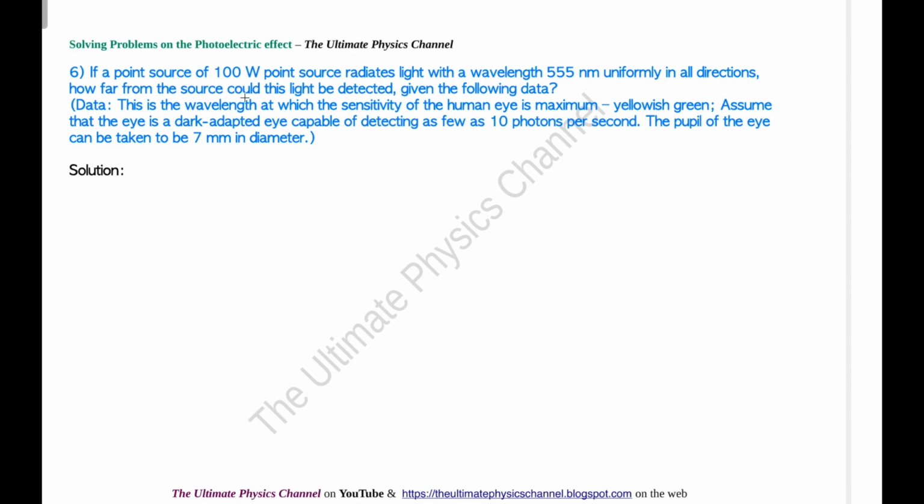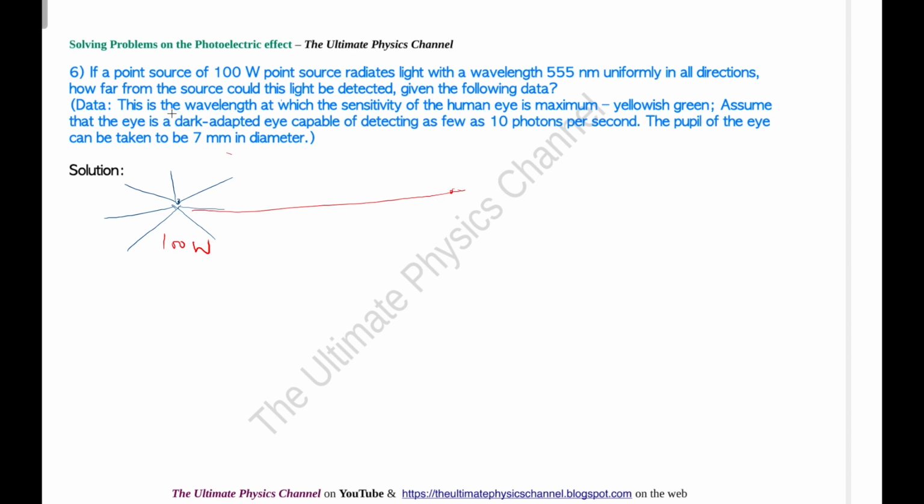If a point source of 100 watt radiates light with a wavelength of 555 nanometer uniformly in all directions, how far from the source could this light be detected given the following data? So we have a point source and the wavelength is given as 555 nanometer, and it is emitting light uniformly in all directions. The question is, if the point source has a power of 100 watt, how far from the source could this light be detected? Given the following data,